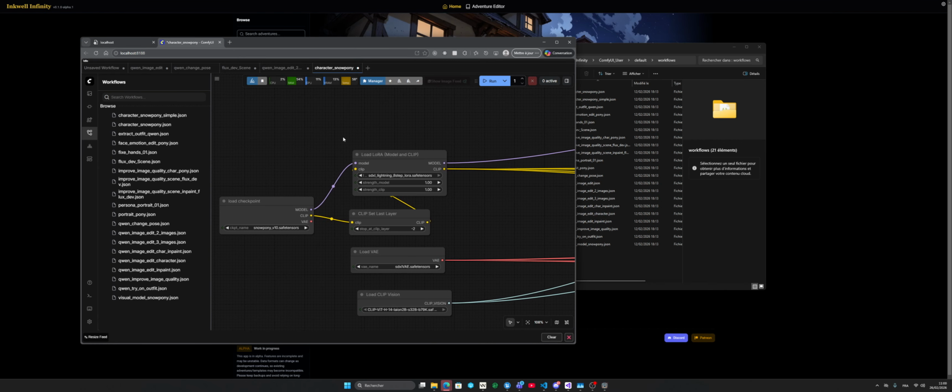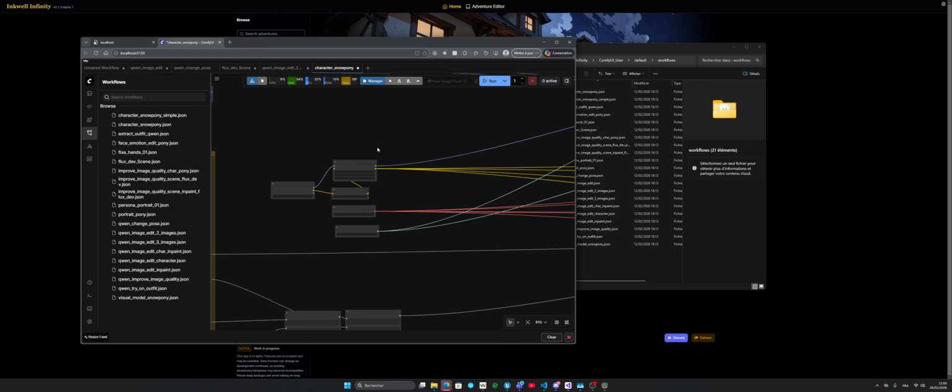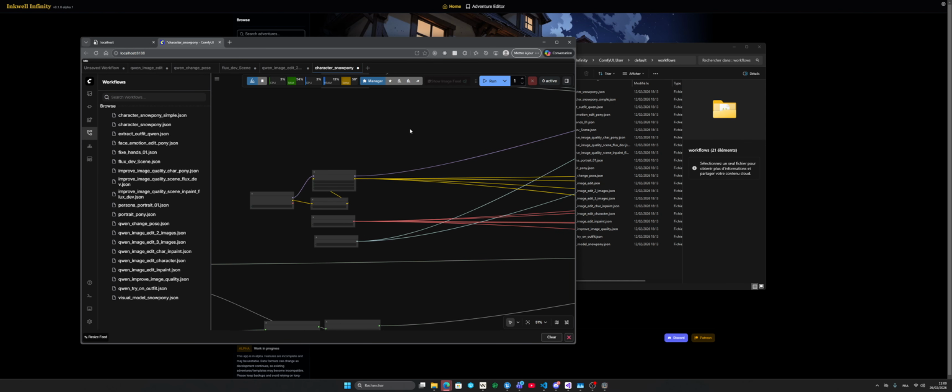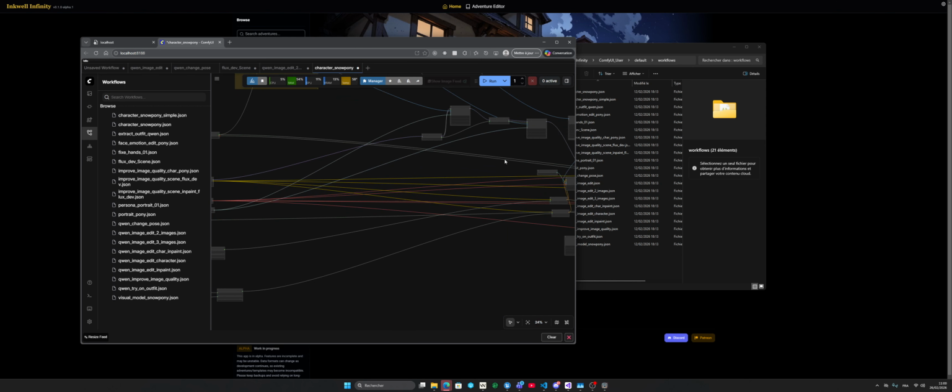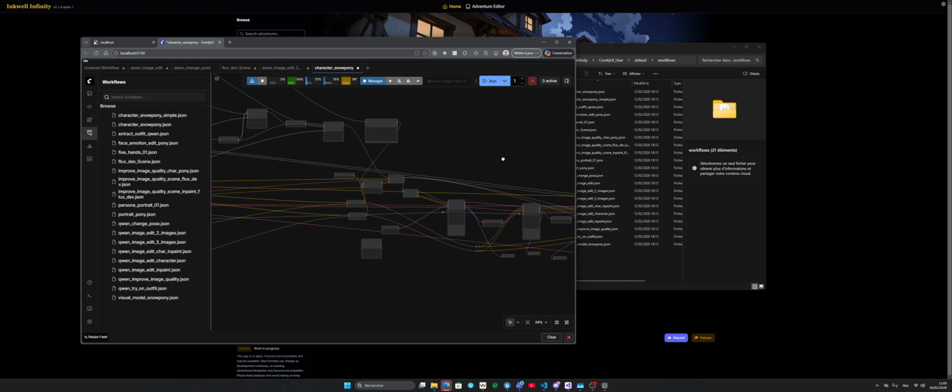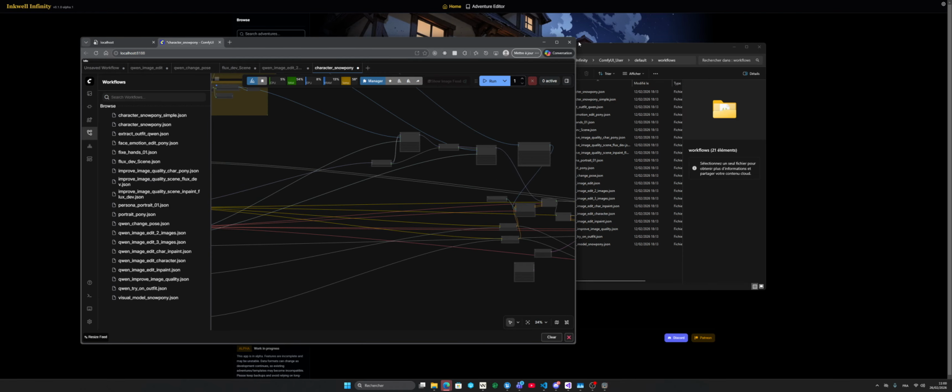So you just need to search for the model, download it in the correct folder, and that's it. If you have issues with that part, you can always go in the Discord and ask for help, and you should be fine. Once this is done, and you have no more errors in ComfyUI,